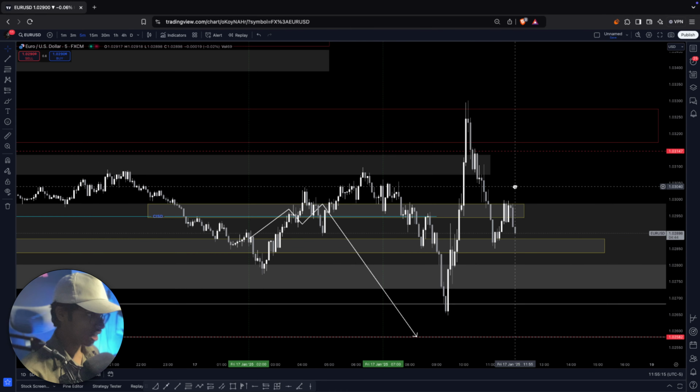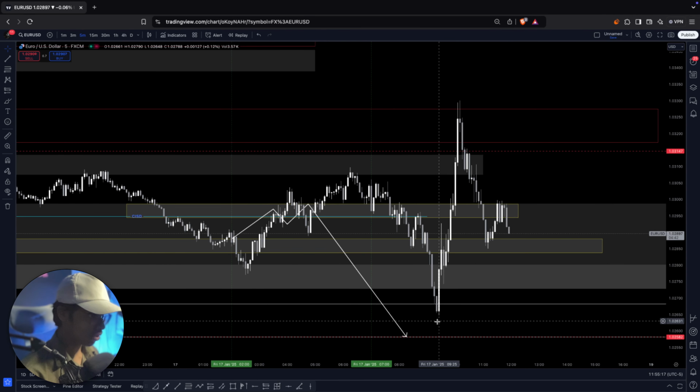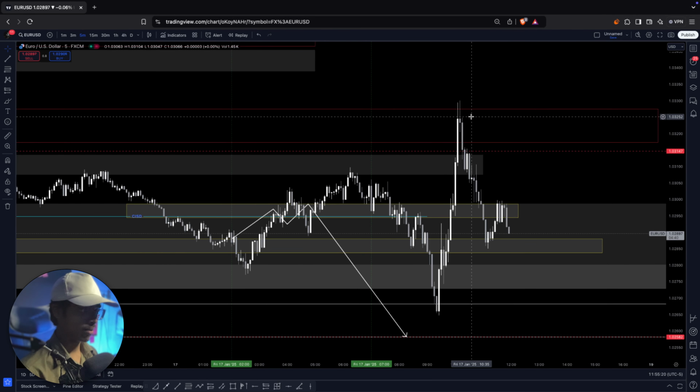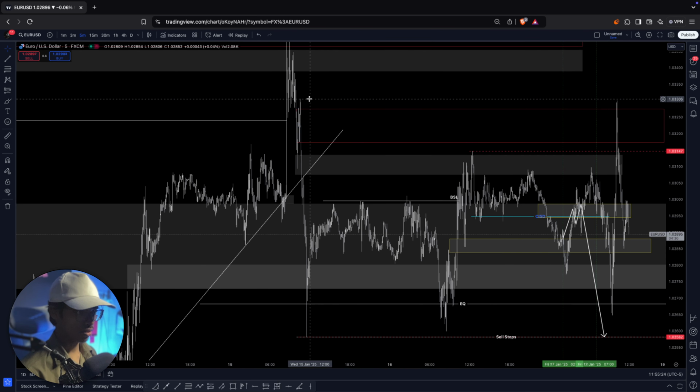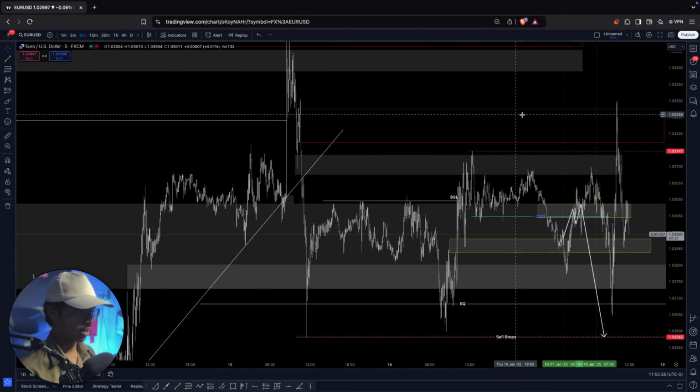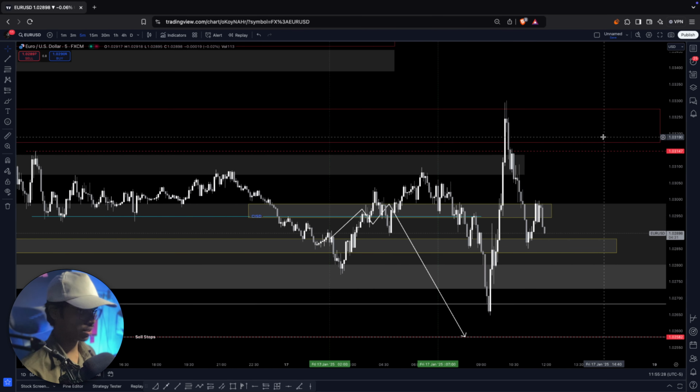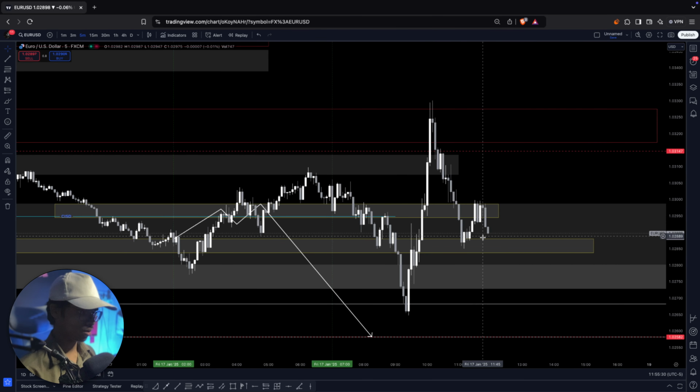Then what did the market do after that? It went down, it rallied upward with so much momentum, and then it didn't take out that order block. You guys can see on the 5-minute this order block is not taken. If the order block is not taken, it means what? The price sentiment is still bearish. So the price started to come down, right?